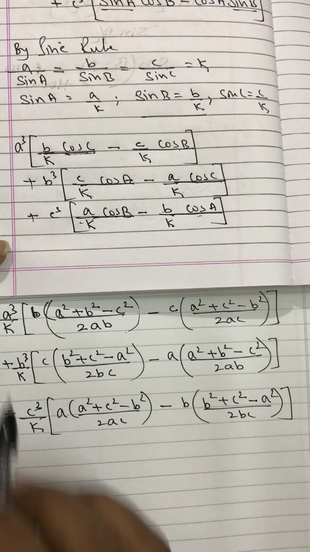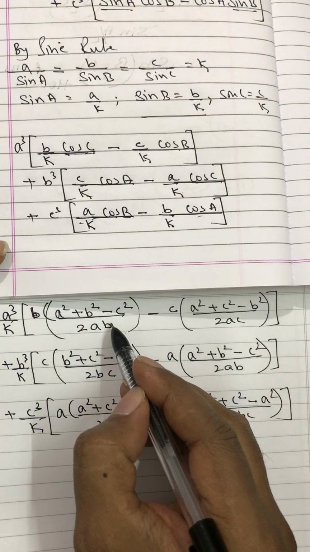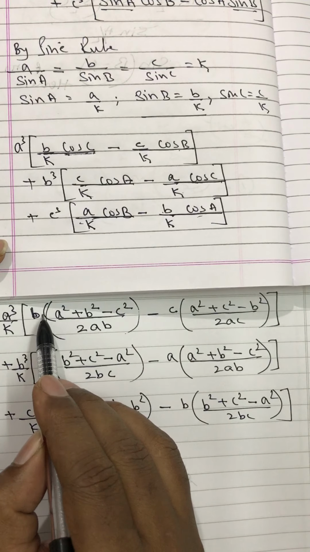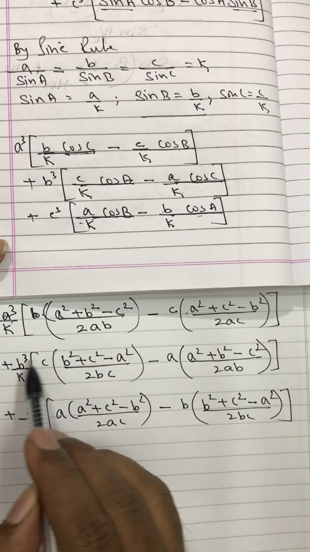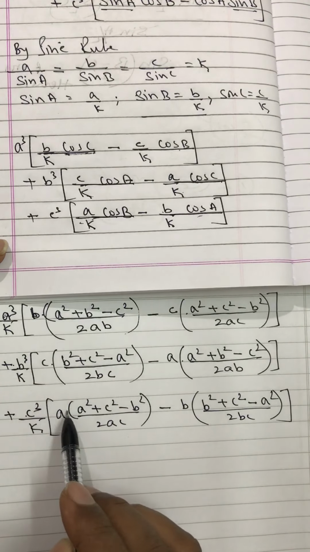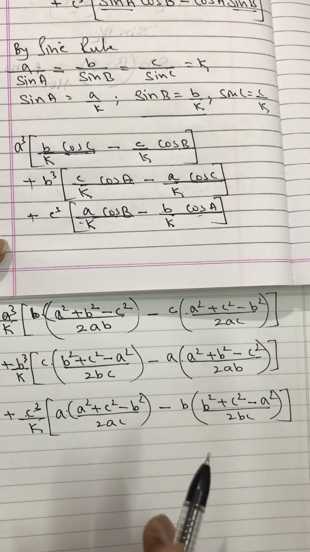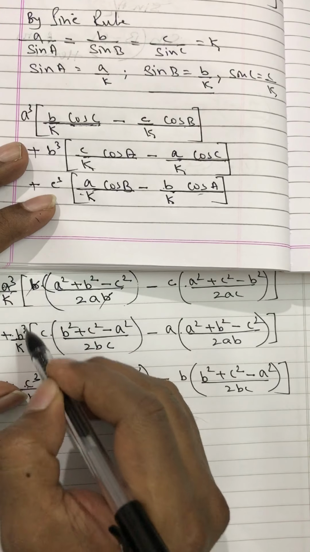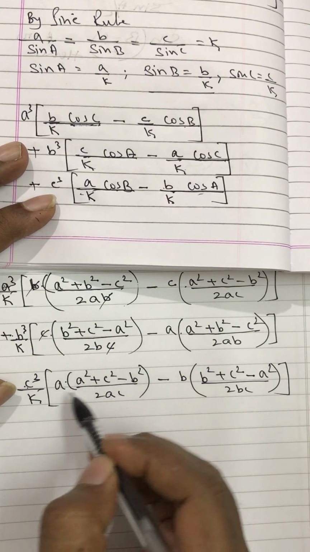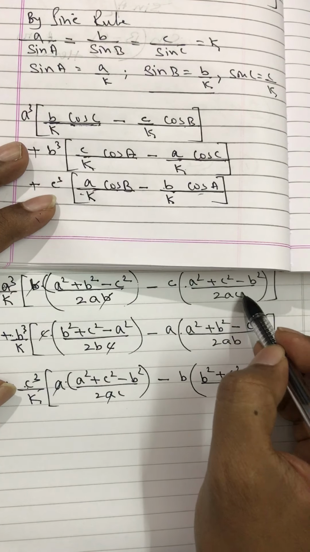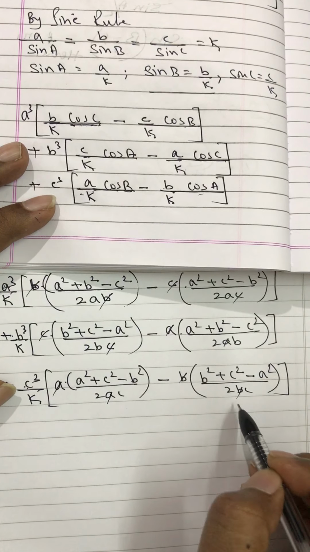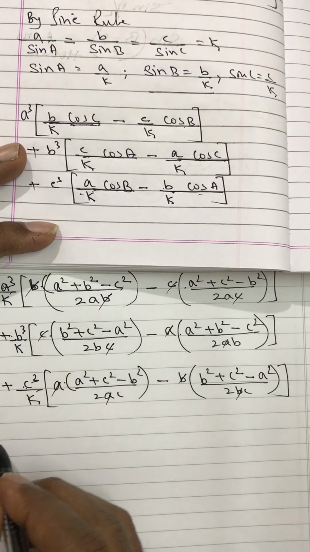So now you can see very well now, students, actually speaking, if I multiply A cube inside, A cube will multiply over here, A cube will multiply over here, B cube will multiply over here, B cube will multiply over here, C cube will multiply over here, C cube will multiply over there. Of course, then here, but if I see this, B and this B is getting cancelled, C and this C is getting cancelled, this A and this A is getting cancelled, here also C, here also A, here also B. So what stays if I take this inside?